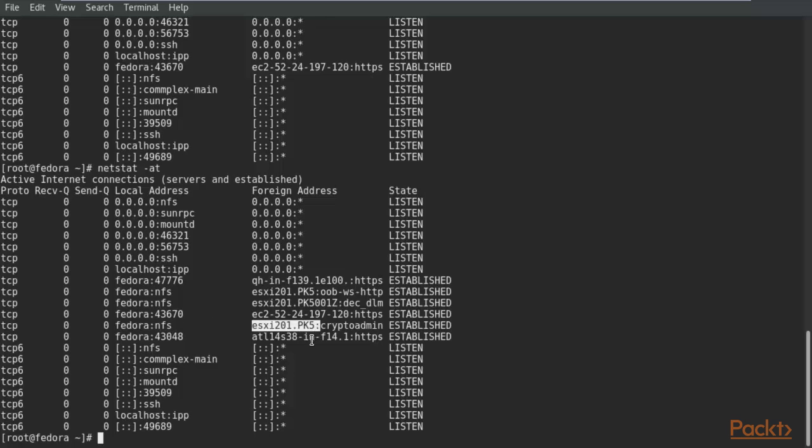It's actually pretty interesting: the words after the colon actually denote the port number. I think we had 624, 625, 636. So these are previously defined IANA ports. One, I guess, for DEC DLM, and OOB something HTTP, and something for crypto admin. So just like instead of saying 2049, they translate it to NFS, in the same way